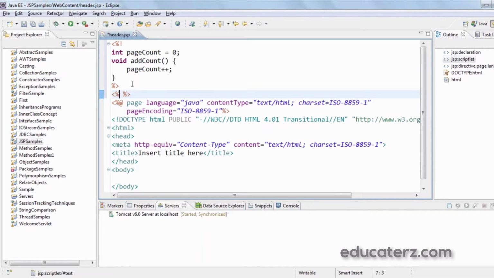This is a declaration. Now in a Java code, I simply write the addCount method. That is, I simply call this method.